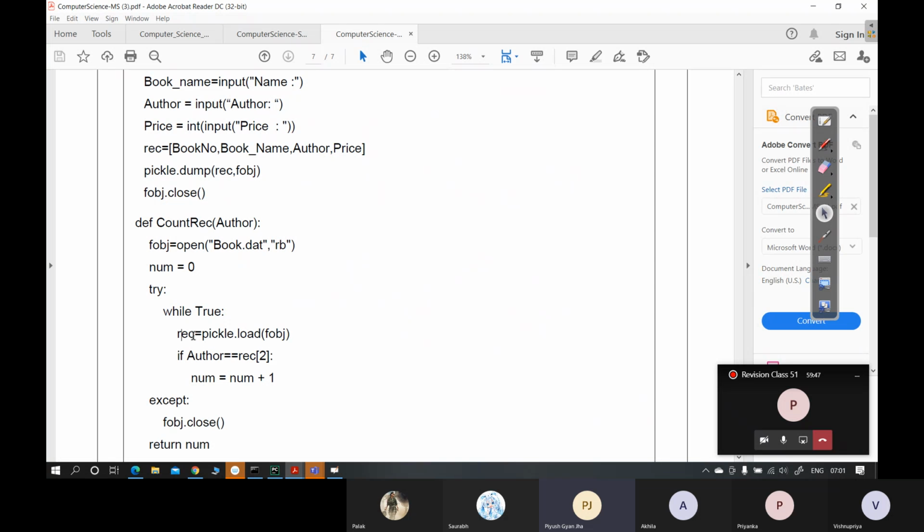Because you are reading one by one in an infinite loop, और जब भी there is no way of knowing कि how many records are there pickled in the file, ठीक है। तो जब भी तुम ऐसा टाइम आएगा, first time you have read, then again you will read one more time, again you will read one more time. The moment all the pickled objects are done, you are done reading them, ठीक है।